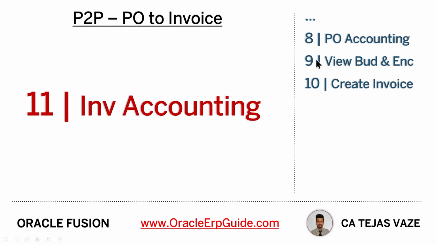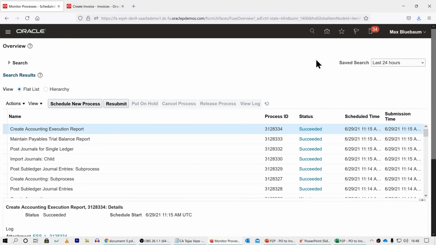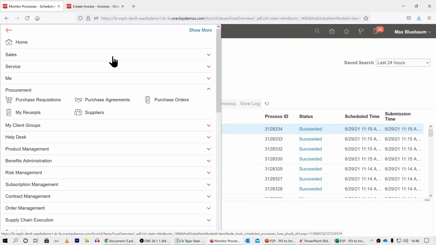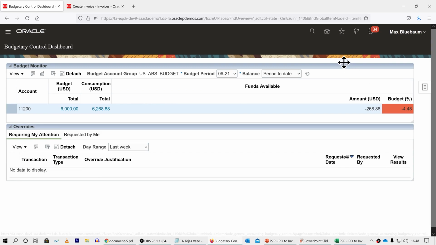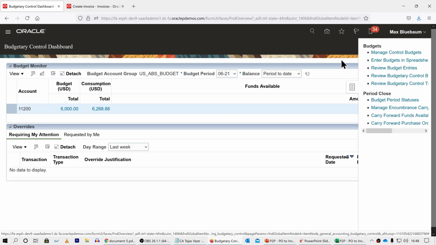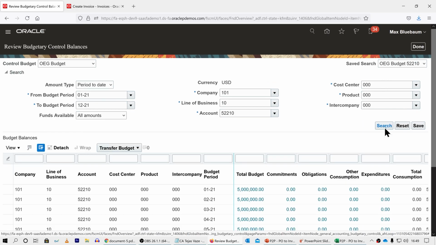We have created and viewed the accounting for the invoice. Let us see the effect of this on budget balances. Once again, let us go to budgetary control from the navigator. Open the tasks pane and click on Review Budgetary Control Balances. Enter the search parameters and click Search. Scroll down